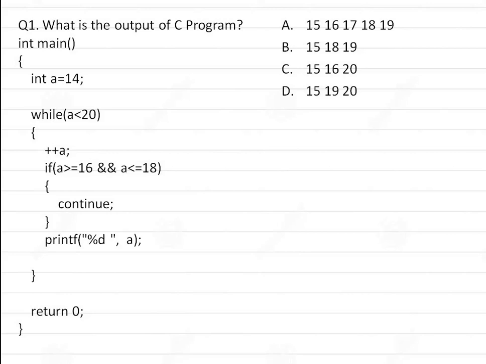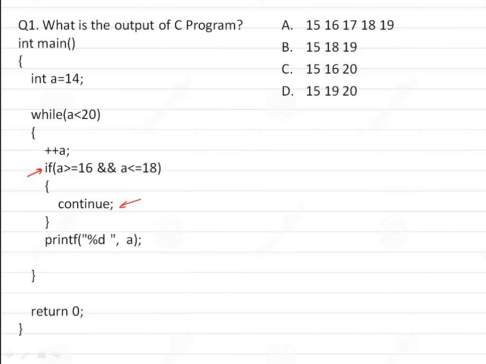In the first question there is a while loop, and within the while loop we have this if condition, and within this if condition, if the condition is true, then this continue statement is there, and we have to be careful with the execution of continue statements. As you know, once the continue statement is executed, the rest of the loop body is skipped, and we start with the next iteration of the loop. So we have to be careful with this continue statement. So let us start with this loop.